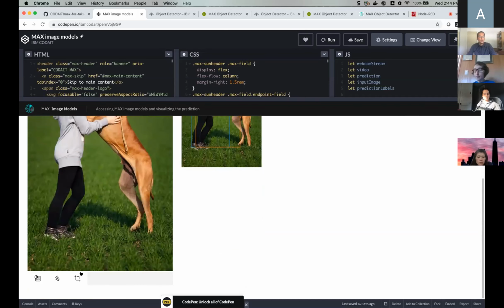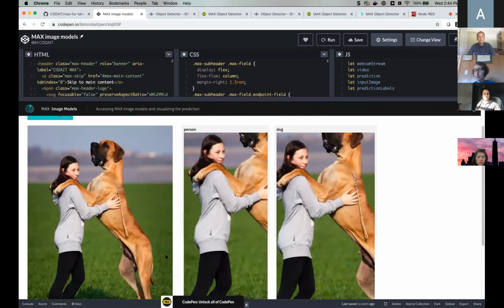But you can also, of course, now that you have this information, extract this information from the image, right? So you can see that the person is more on the left-hand side, whereas the dog is more on the right-hand side. If you're familiar with code pens, you can simply modify them in your web browser. So if you, for example, want to extend this little demo that we have here, you can simply copy this code pen.